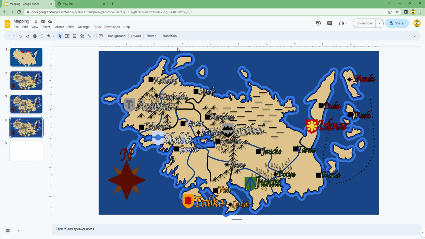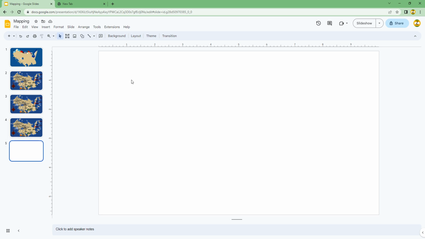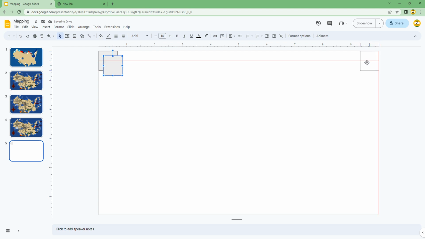So in this video, we will be making the final part of the mapping series. This episode, I'm going to create a border to go around our beautiful little map here. So I'm just going to hop on a new slide. And for this, you try to make them kind of ornate and detailed and looking cool. So I'm just going to duplicate some squares